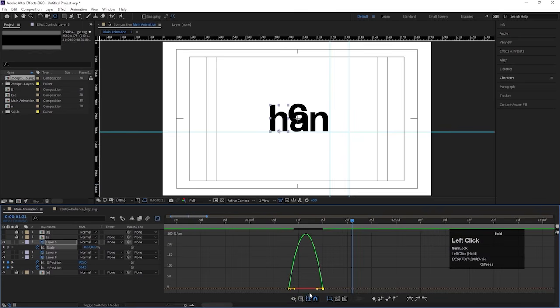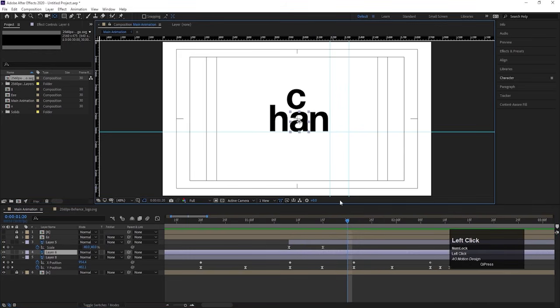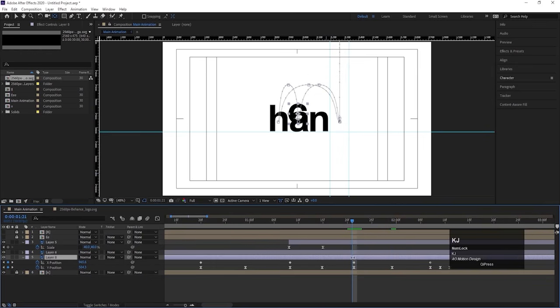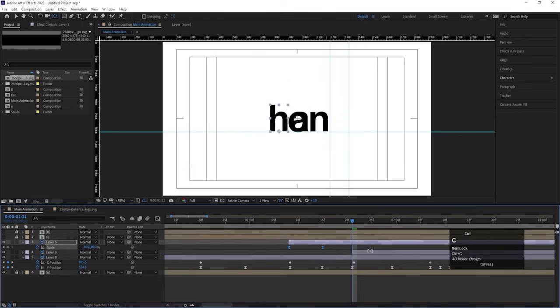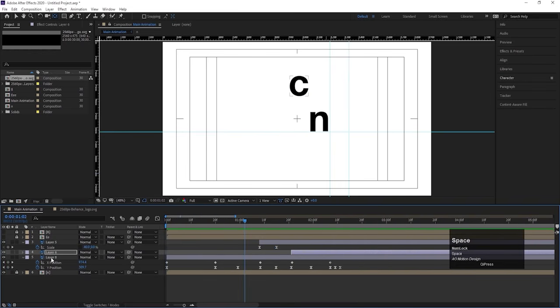Go to the graph editor, select this graph. By holding Shift I'll move these handles over here. Okay, we will select this keyframe by pressing Ctrl C. Also copy this keyframe, select this A, again choose your pan behind tool, and by holding Ctrl I'll snap this anchor point at the bottom. Go over here, select this, let's bring this downwards a little bit. Okay, then we will select this A and we will move this over here. Select these keyframes, hit Ctrl C, select this and hit Ctrl V. Okay, like this,